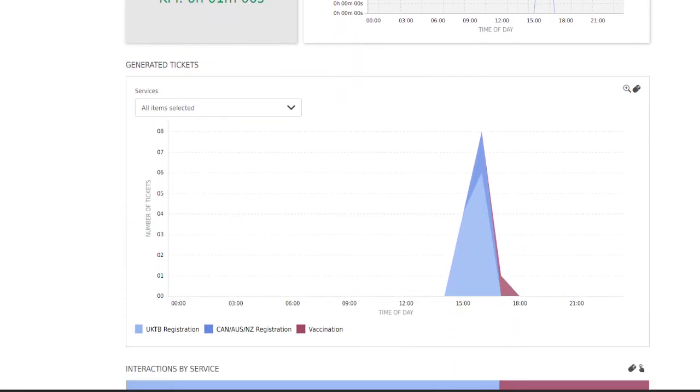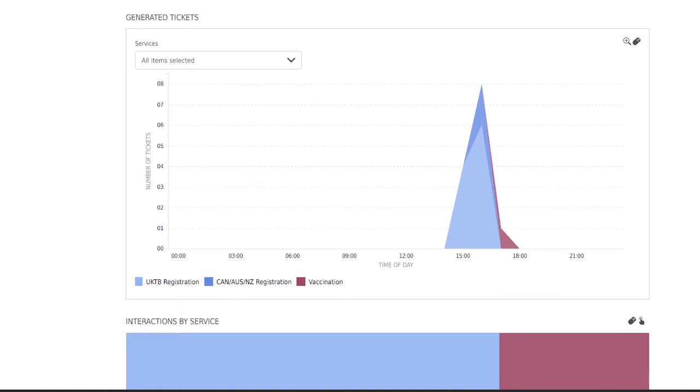You can have a look at the generated tickets per period of time. As you can see, I generated more tickets for EKTB than for the others, and you can see that here. That's why choosing the colors is important, so that you can immediately see all the information only by looking at the